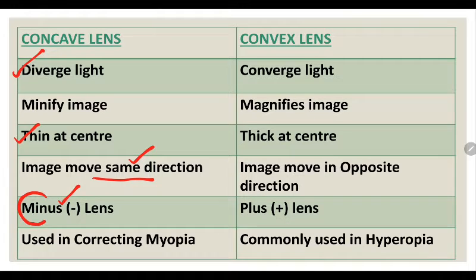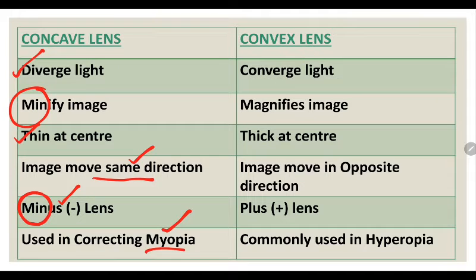To remember, minus lens, MIN, it minifies the image, and it is used for myopia, because in the cave she cannot see what is more inner, she can see what is up to that level. So think like myopia. So these are all the identification points, and it is used for myopia. One of the uses for myopia, that is concave lens.